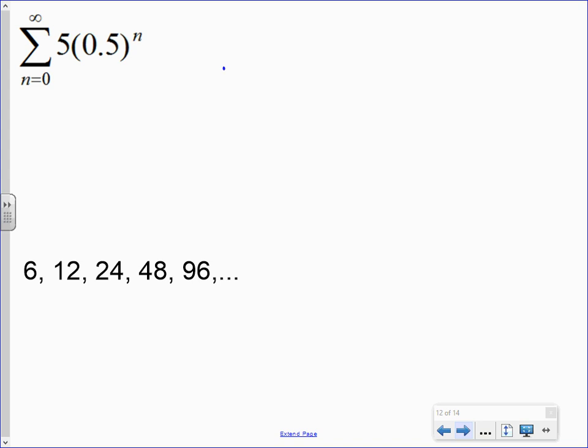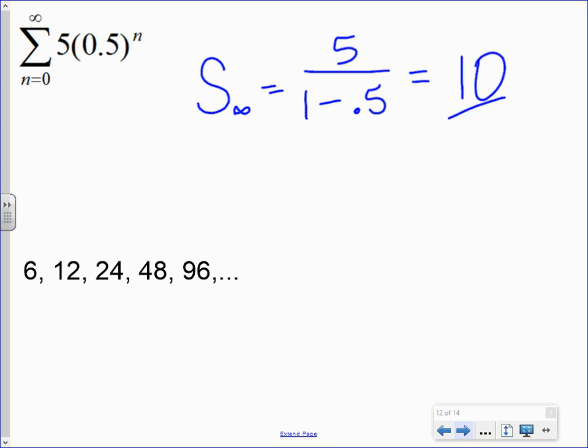So our sum is the first term over 1 minus r. 5 divided by 1/2 would be